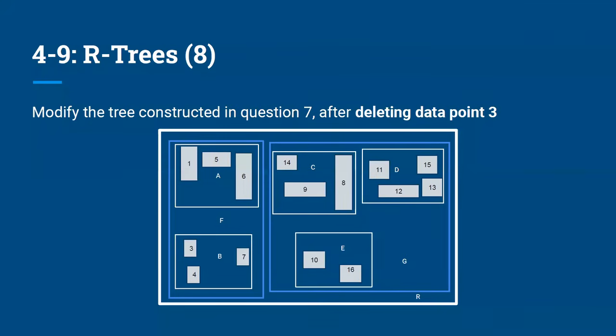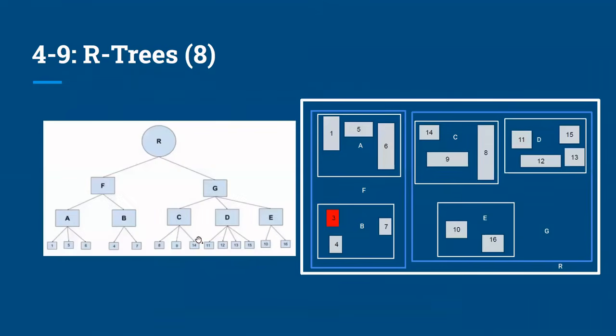Exercise number 8. Modify the tree constructed in question 7 after deleting another point, which is 3. We've got this 3 right there, and we want to delete it. How would this then look? Right there, we've got the 3. If we just remove it,